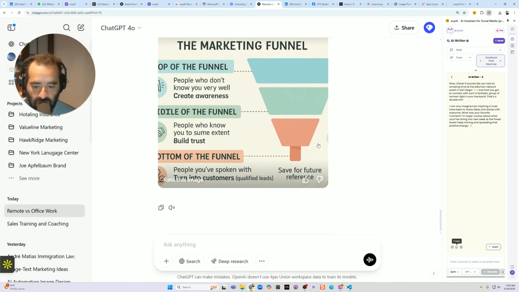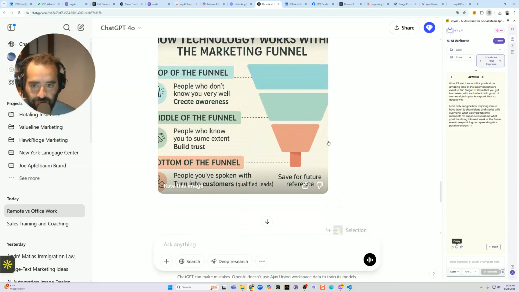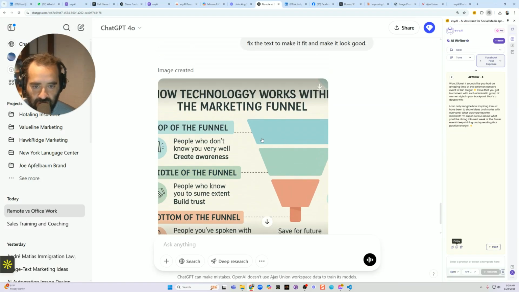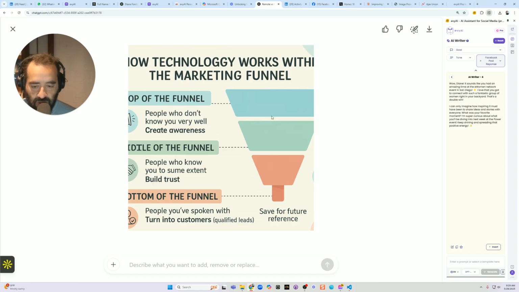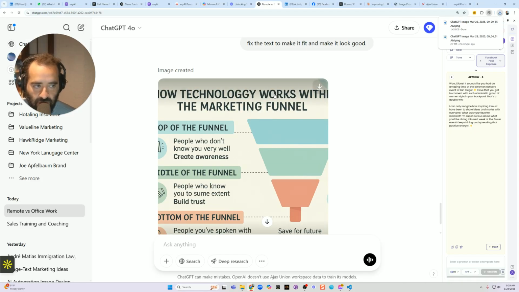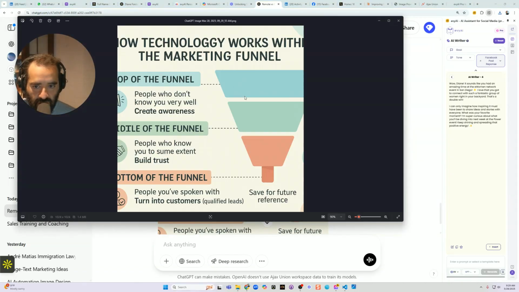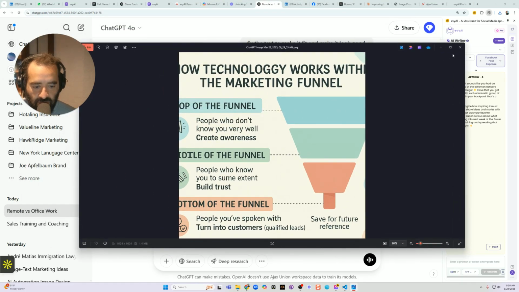All right, let's just see what it did over here. And as you can see, it did not fix the text. It doesn't look like it fixed the text over here properly. So I'm going to press download. Let's just see what it looks like. It looks like it's still cut off here. So I'm going to have to play with this to make it work better. But as you can see,